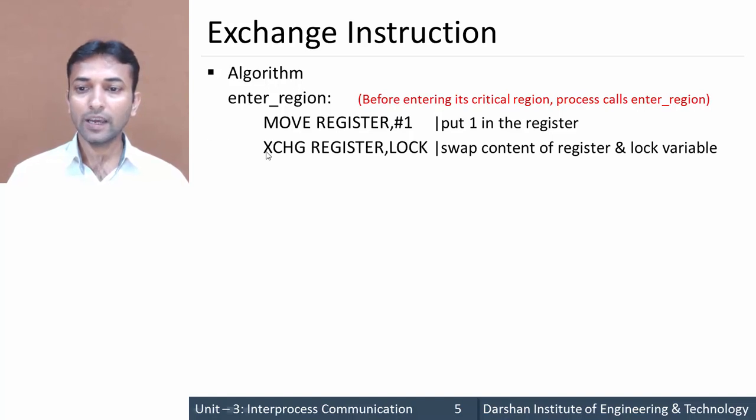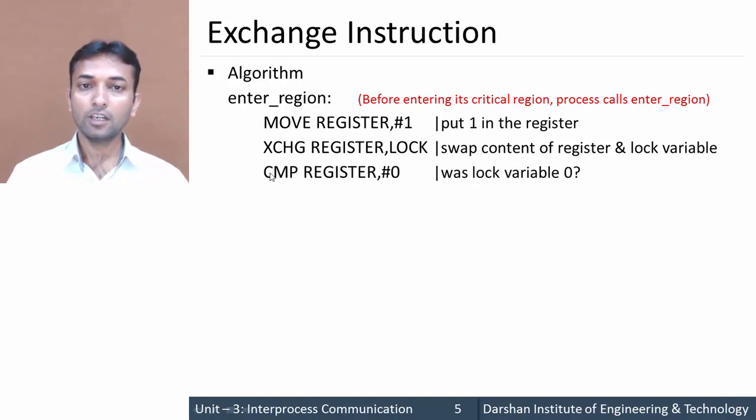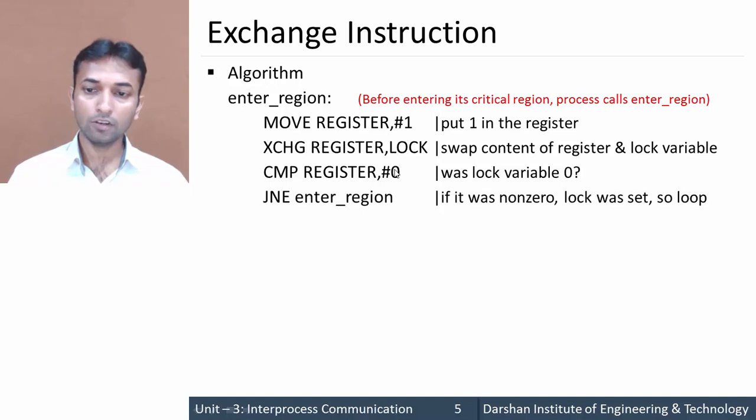The second instruction is exchange register, lock. Here this XCHG means exchange. Here this instruction will simply swap the contents of the register and lock, and after that it will compare the value of the register with 0. If it is not 0, meaning if the value of the register is not equal to 0,